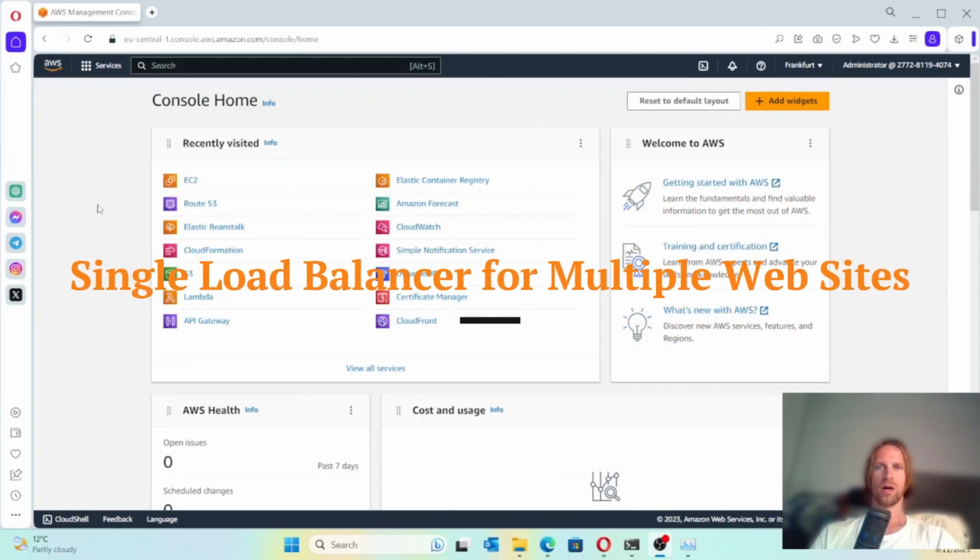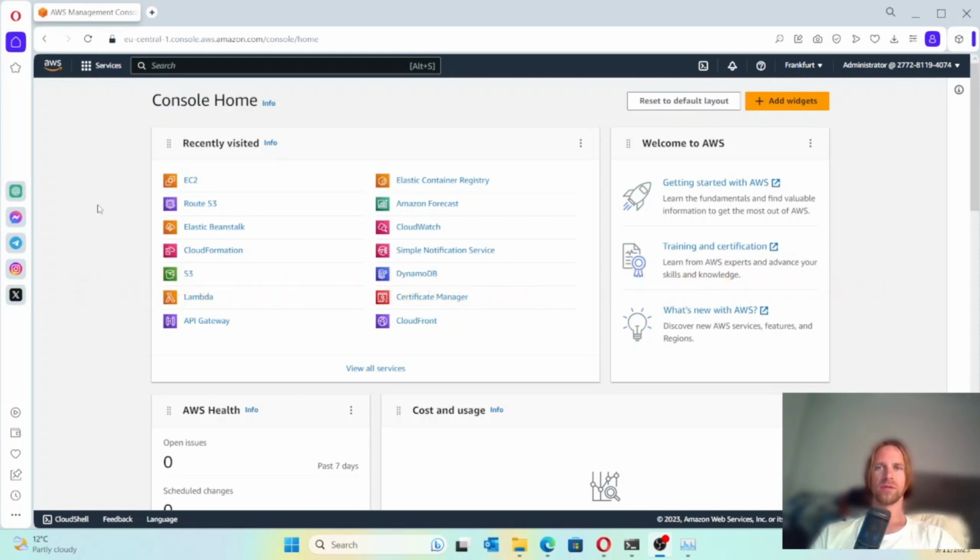Today I'm gonna show you how to use a single load balancer for multiple websites. The main purpose of it is to save costs because each load balancer costs money. And why we use load balancers even for our small websites is because it's very easy to handle SSL connections and SSL certificates. So first of all, I want to show you my single load balancer that I have